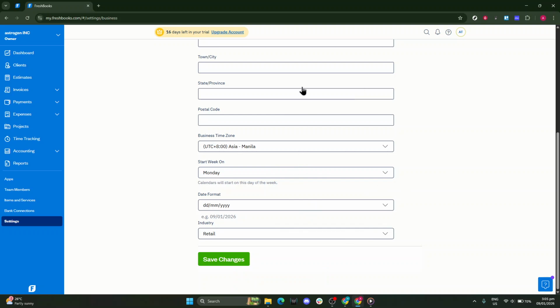You've navigated to settings on the left, opened basic information, scrolled to the date format, selected your preferred style, and saved your changes. From now on, dates should display consistently in the format you selected. If the option isn't visible, it may be managed by your organization or limited by your account type. Otherwise,